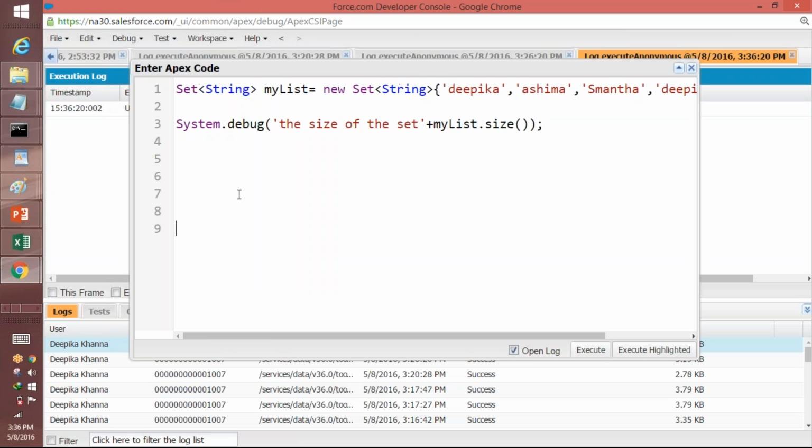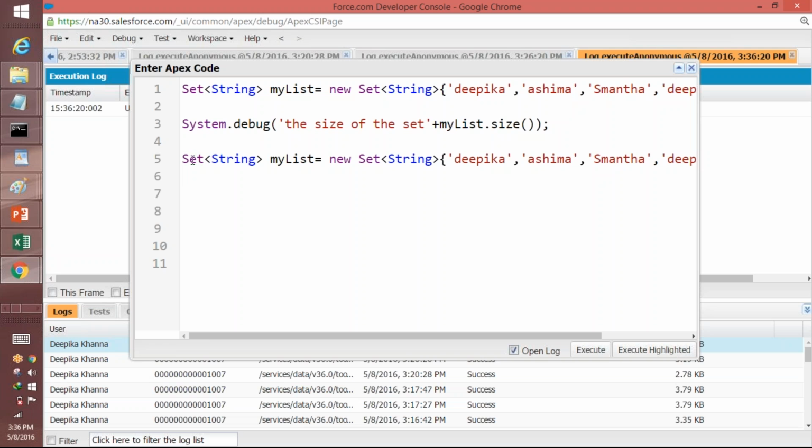But if you go ahead and create another one, let's say this time you create a list. So here instead of a set, I say it as a list. And here instead of a set, I call it a list. And